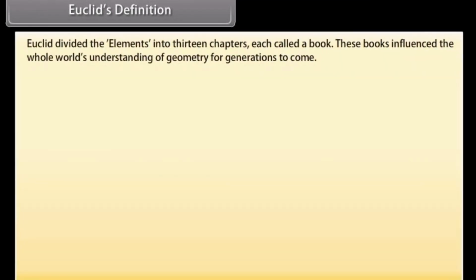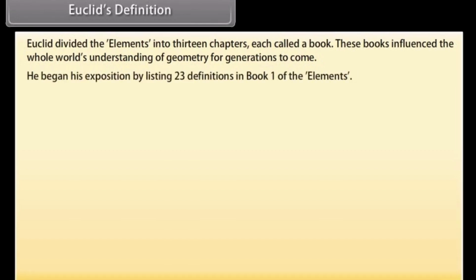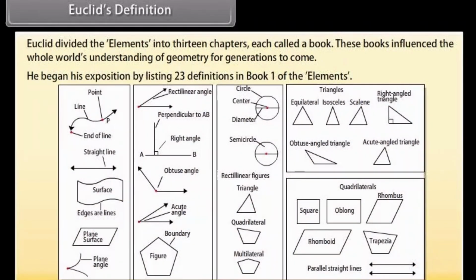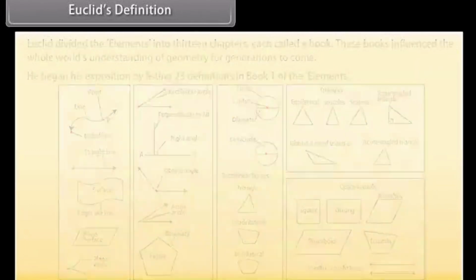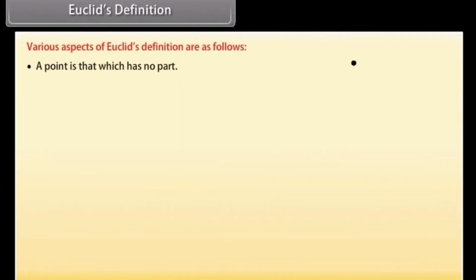Euclid's definitions. Euclid divided the Elements into 13 chapters, each called a book. These books influenced the whole world's understanding of geometry for generations to come. He began his exposition by listing 23 definitions in Book 1 of the Elements. A few of them are: a point is that which has no part,